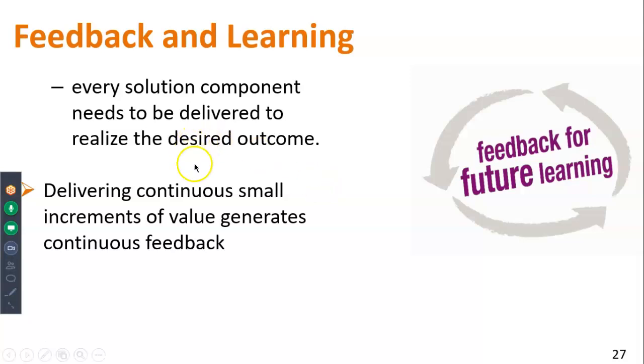It's interesting that it says that every solution component needs to be delivered to realize the desired outcome. That's a question to my mind. I think we should always be looking at it and saying, will every solution component need to be delivered in order for us to realize the desired outcome? And the idea here, and this probably applies even more to the delivery horizon than it does to the initiative horizon, is that by breaking things down into smaller chunks and continuing to deliver those chunks to the people that need to use them, and